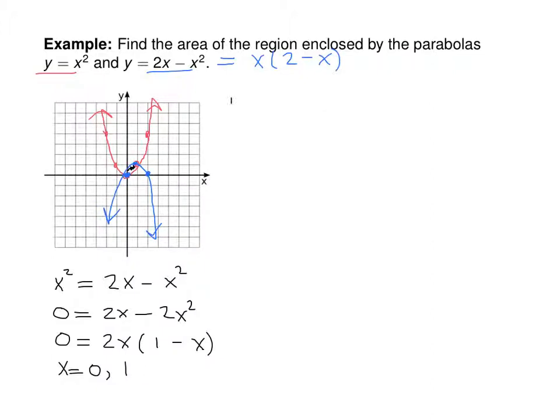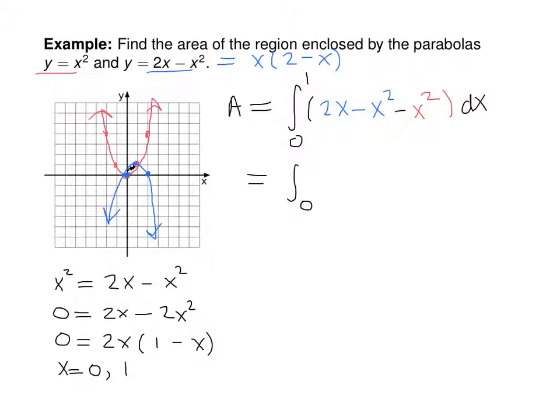And for our purposes, on that particular interval, the bounds, leftmost bound is 0, rightmost bound is 1. That's not always the case. So for the part that we care about, the upper curve is the blue one. So we will have 2x minus x squared, and we'll take away x squared. So that's the area we're looking for, we find it by finding the value of this definite integral,